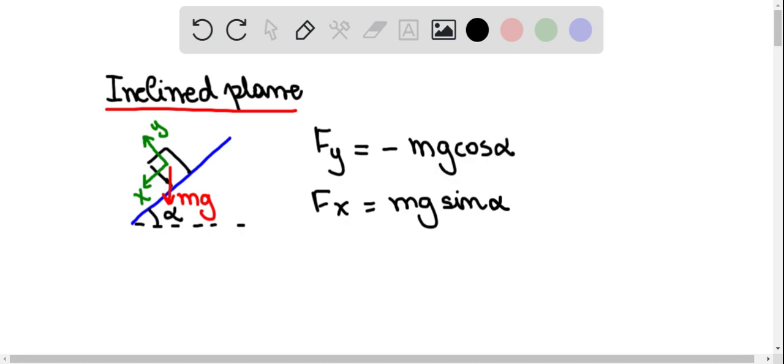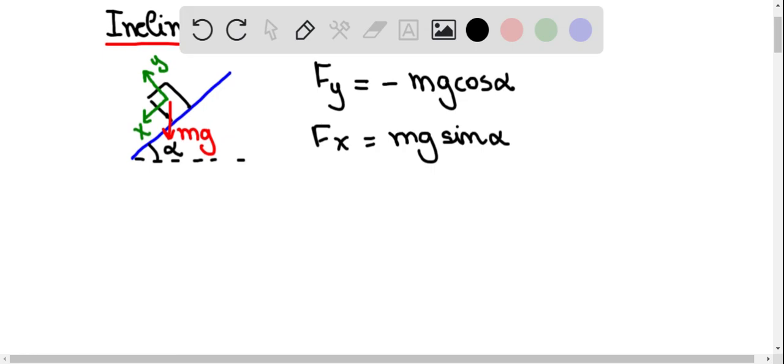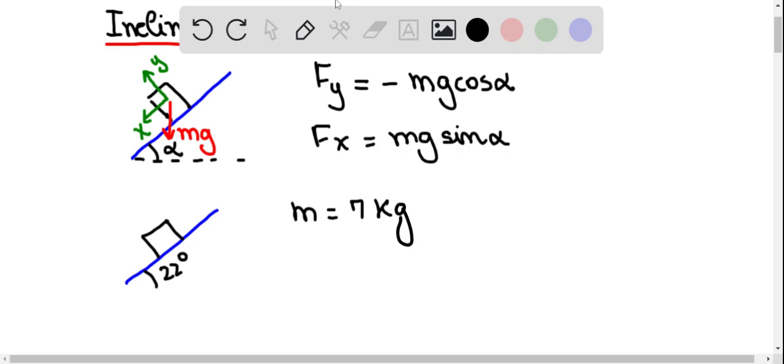Okay, and in our problem, what we have is a situation very similar to this one, where alpha is equal to 22 degrees, and the mass of the block is equal to 7 kilograms. So in question A, our goal is to find the acceleration of the block as it slides